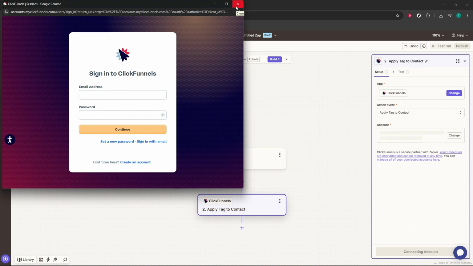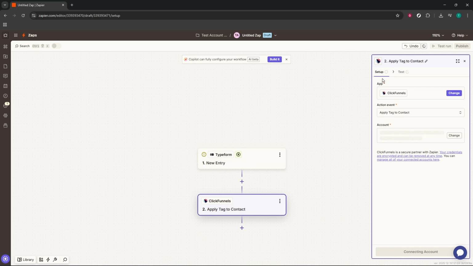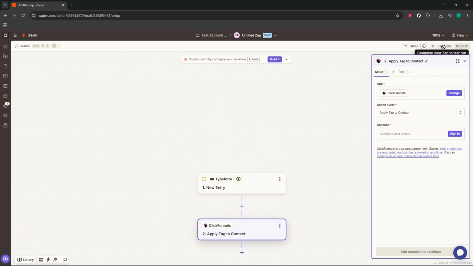Zapier typically offers a way to preview a sample. Use that preview to confirm everything looks accurate, then save your configuration. When you're confident it's set the way you want, turn the Zap on so it runs automatically in the background. That's it. You've created a seamless connection where Typeform submissions trigger actions in ClickFunnels, helping you follow up faster and keep your funnel